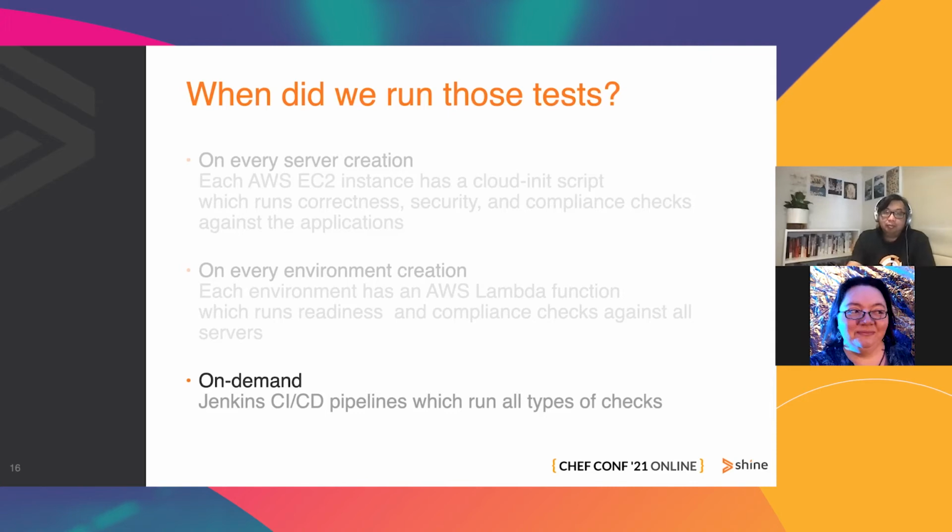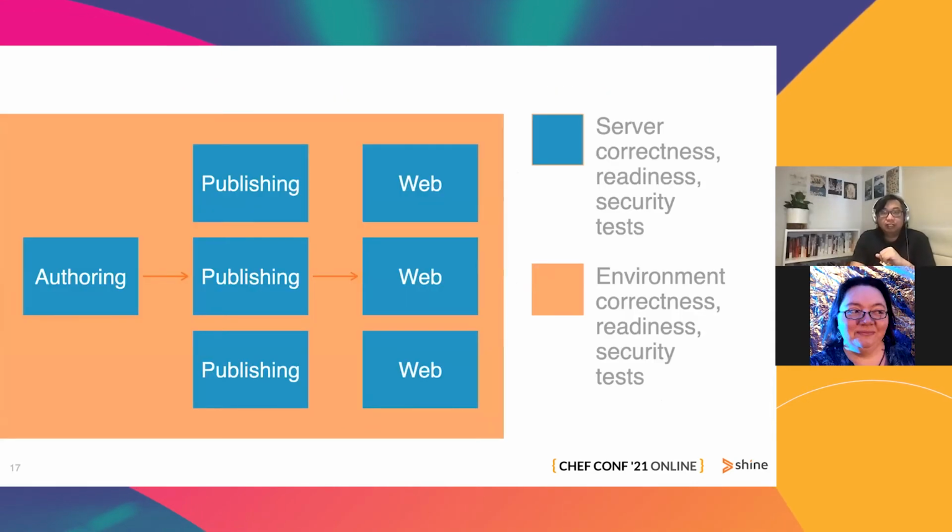So if we map these various tests and the various changes to the application architecture, if you look at the blue rectangle, the blue areas, they're covering the server correctness, readiness, security, and test. And the cream colored area, they're covering the environment. So that's the mapping. So rather than someone checking one by one, we have those components getting checked automatically. So is it all good? But it turns out not yet.